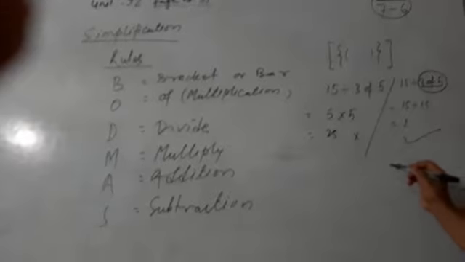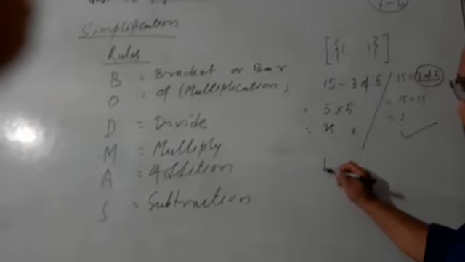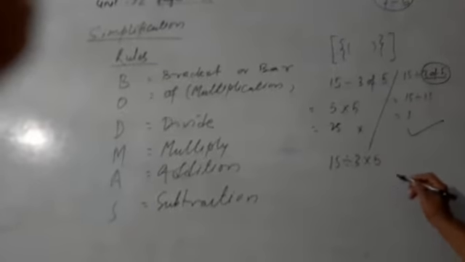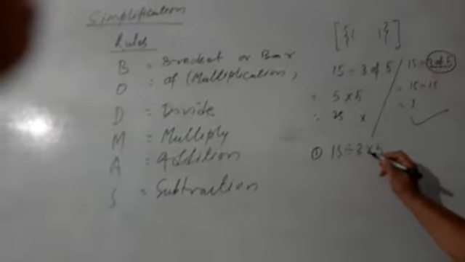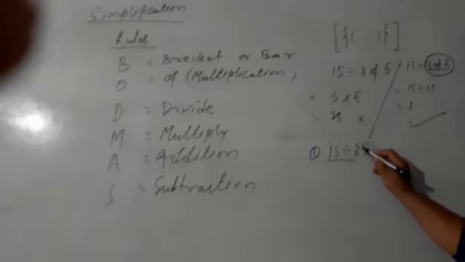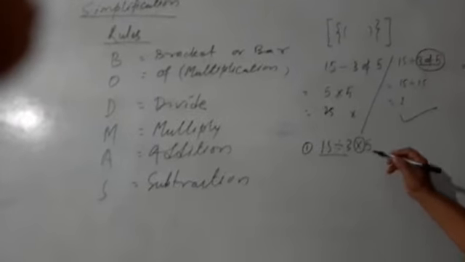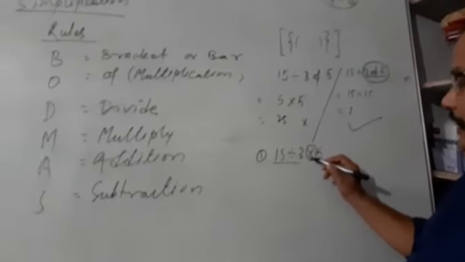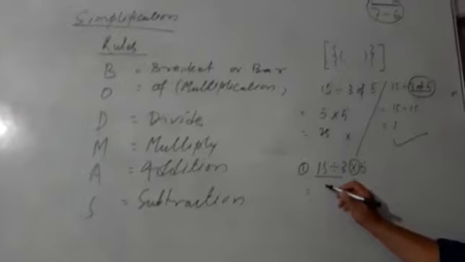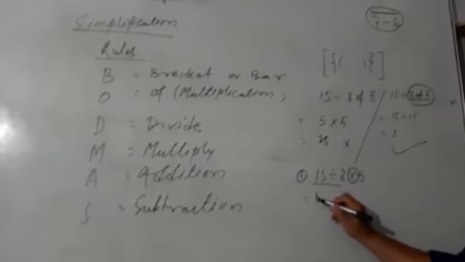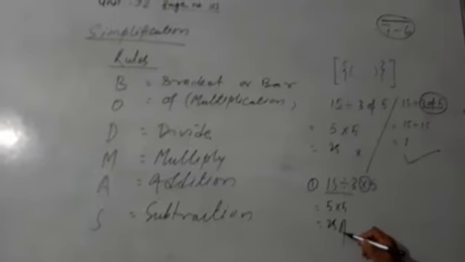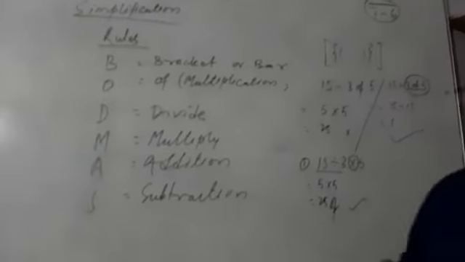The same question appears here: 15 divided by 3 into 5. In this type of question you do the divide first, because the multiplication sign is given, it is not hidden. So at that time we divide first, 15 divided by 3 is 5, then 5 into 5, and its multiplication is equal to 25. Now it is right. Did you understand?